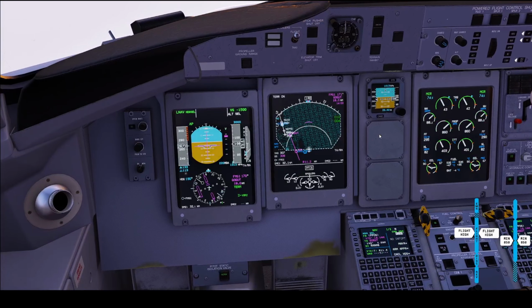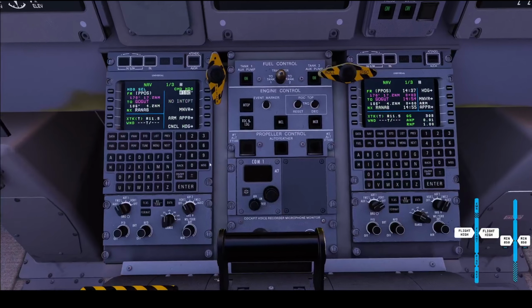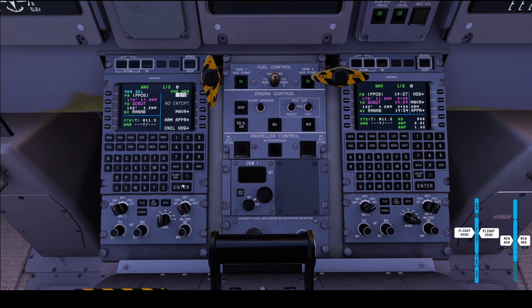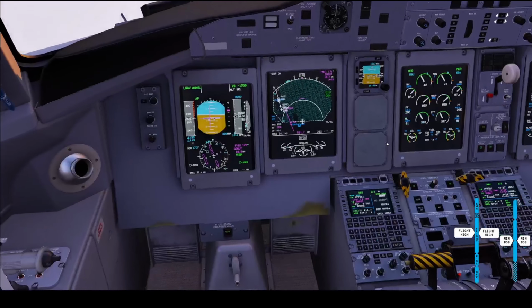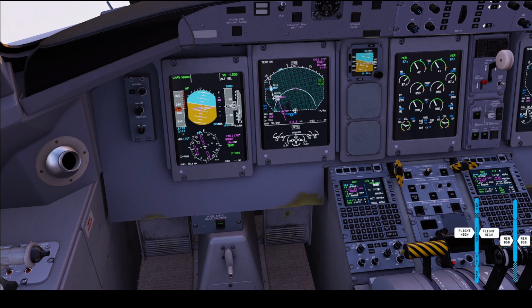So let's pretend that ATC gives us a new heading now. Let's say just straight 170 looks good. So we can enter down here 170, that's going to be a left turn, enter. So we're getting closer and closer to what's going to be our intercept. I'm going to activate the approach now